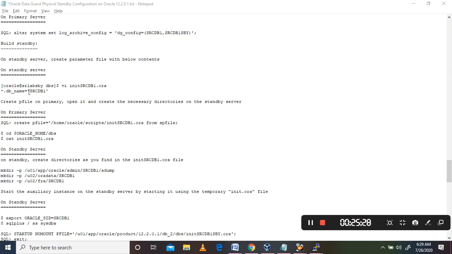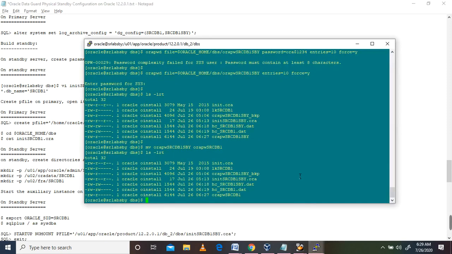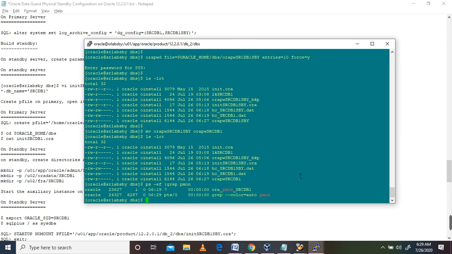Okay, now the build standby server. I have created the init.ora file on the standby side, and I have started with the pfile nomount. You can see here that the instance is running. So I have started that listener.